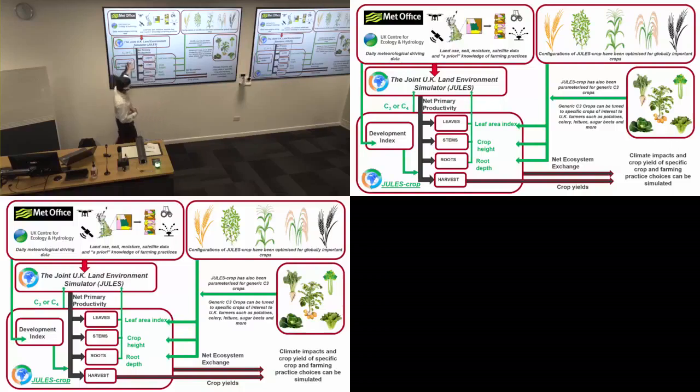Because this is giving us to some extent the physics, we are also getting a lot of data from Earth observation as well. Leicester is a very famous National Space Centre, and we have a space park, so almost all the space companies are around us. We have petabytes of data available. So for any longitude and latitude we could have historical data to see what crops have been grown there, and based on that we could see what has been the net ecosystem exchange, and we'll explain that in the next slide.